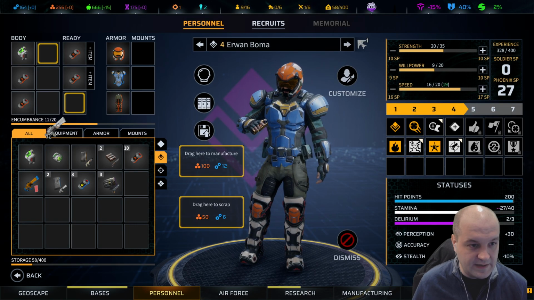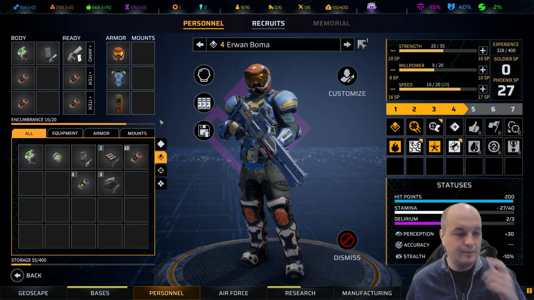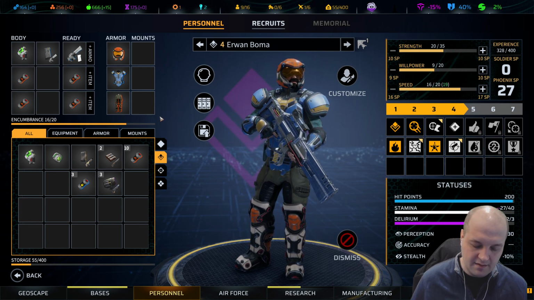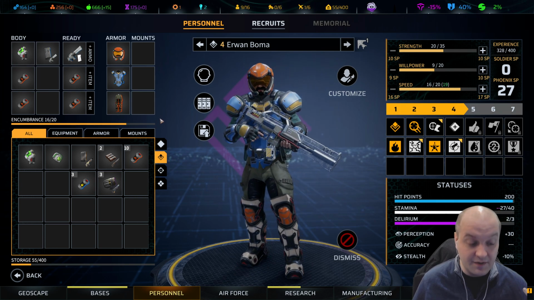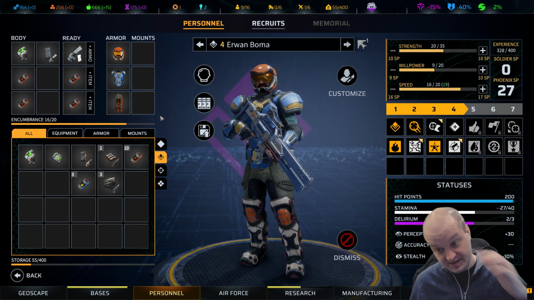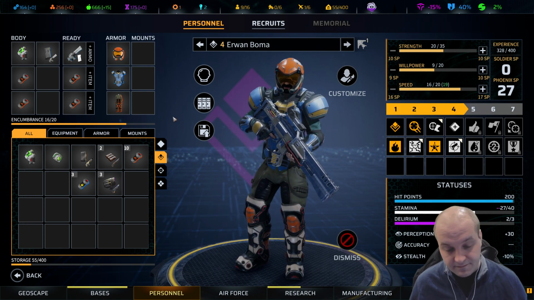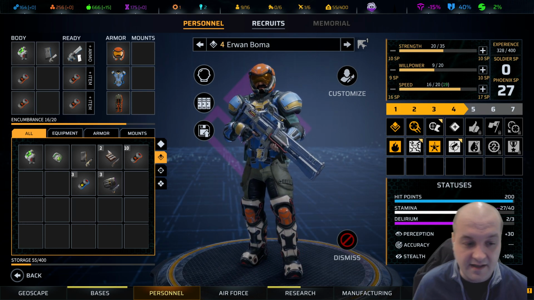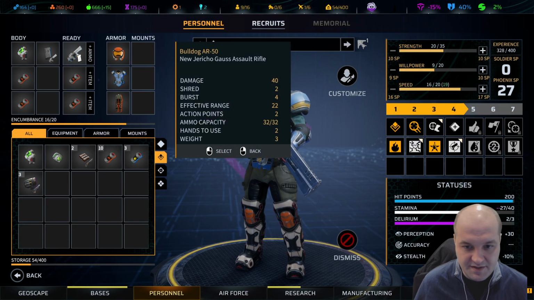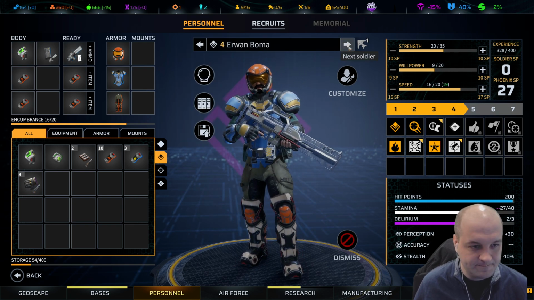Another question I need to answer is, does Pierce work on this hidden minus 10 damage? This 10 damage, I think, is like an armor type affair. If it is, the game may interact with it as if it's armor, which means that Pierce will go through it. Which means that the handgun which I got,